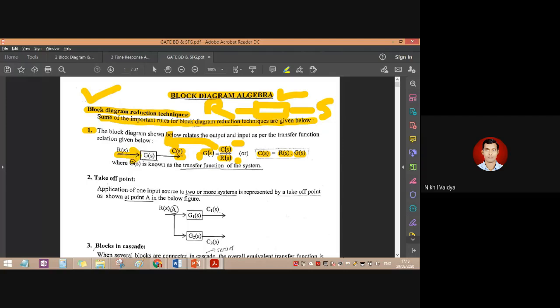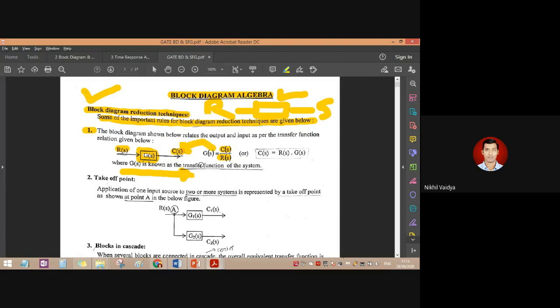This is input. And the main process or plant of our control system is G of S. So in this way, the transfer function is written here. How have we written the transfer function? Output is written at the end, input is written at the start, and the arrow shows the direction from input to output, and this is the main system block or process block which is mentioned over here. So in this way, this is called a block diagram representation of a transfer function.